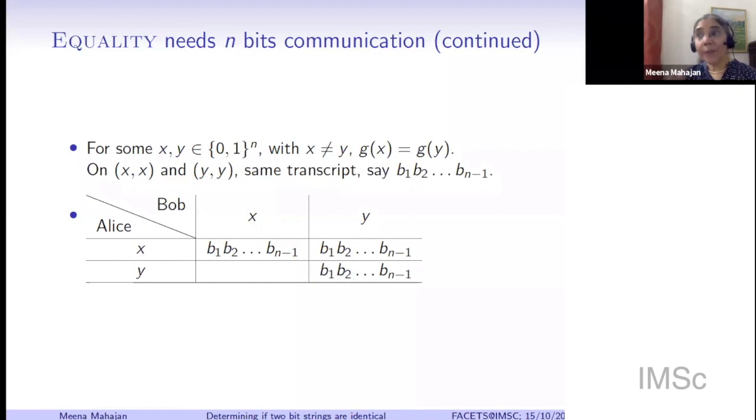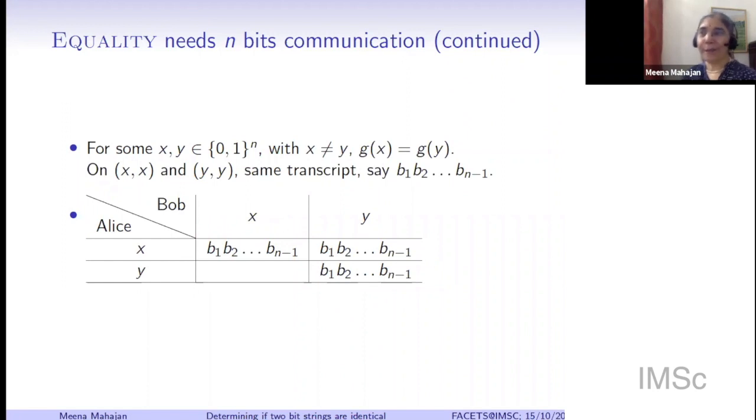Okay, but this was only if the protocol said that the first bit is from Alice. What if the protocol said that the first bit is from Bob? Then we do this comparison. We say, okay, the first bit is from Bob. Well, when Bob had y, he sent the first bit b1, right? That we know because we looked at the transcript on yy. So now, independent of whether Alice has x or y, when Bob has y, the first bit will still have to be b1. So it doesn't matter who is going first in the protocol. If I know that this is b1 to bn minus 1 and this is b1 to bn minus 1, then at this position, the first bit must be b1.